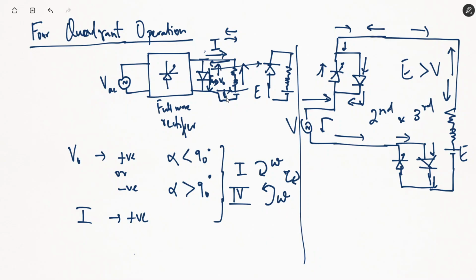Fine. So this is also an arrangement that is possible for the current to flow in the negative direction through the load. But in this case, the energy will not be flowing back to the source. The energy will be dissipating through only the R and L of the motor. For energy to be captured back by the source, we'll have to make an arrangement like this.